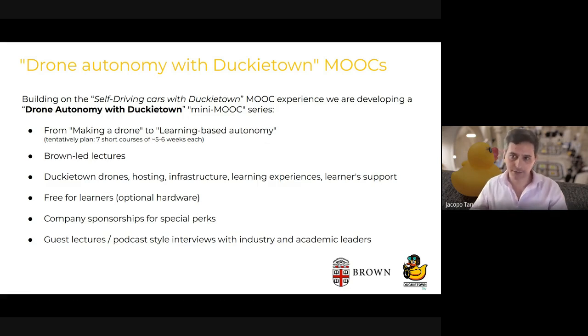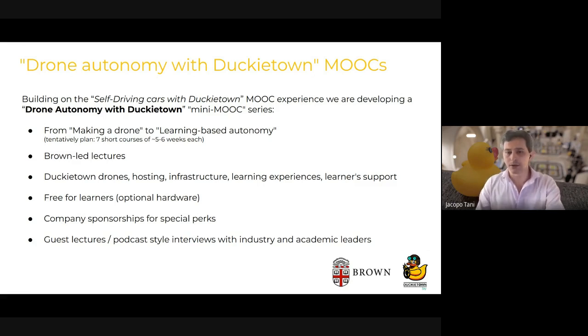So maybe targeting 5 to 6 weeks of learning experience each. And the tentative plan is to really make it from how to build a drone to how to do, say, ML-based autonomy, through a series of 7 different courses that will, of course, be developed throughout the years.